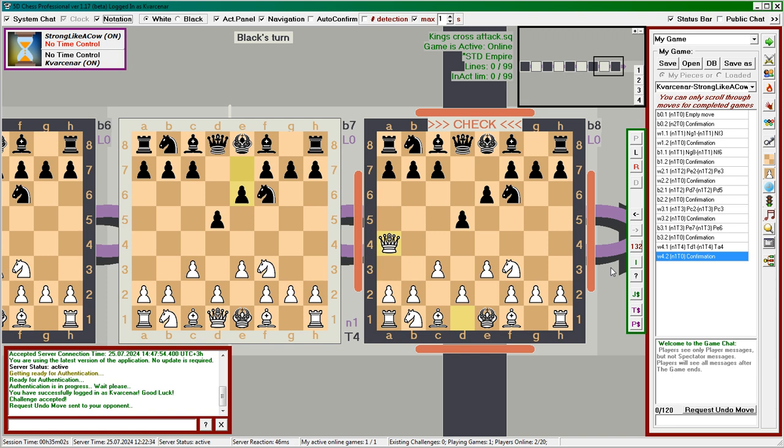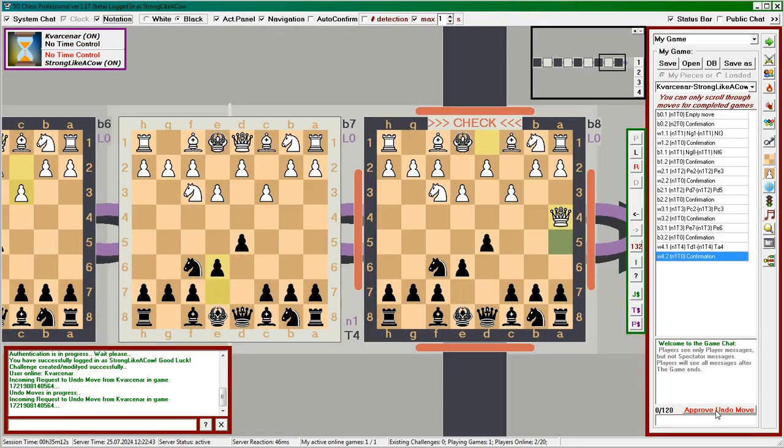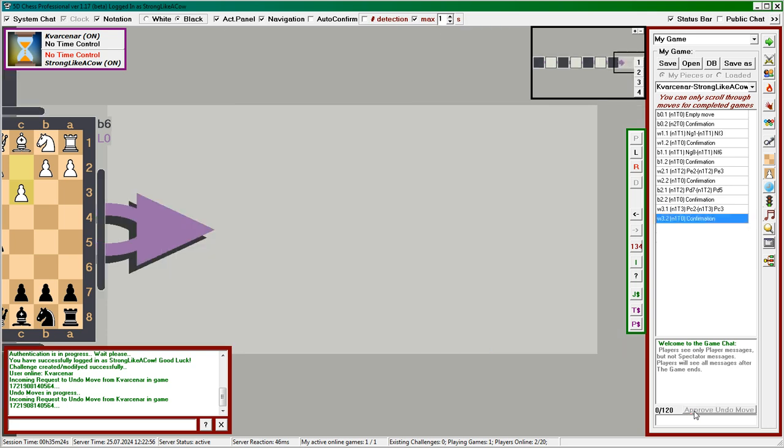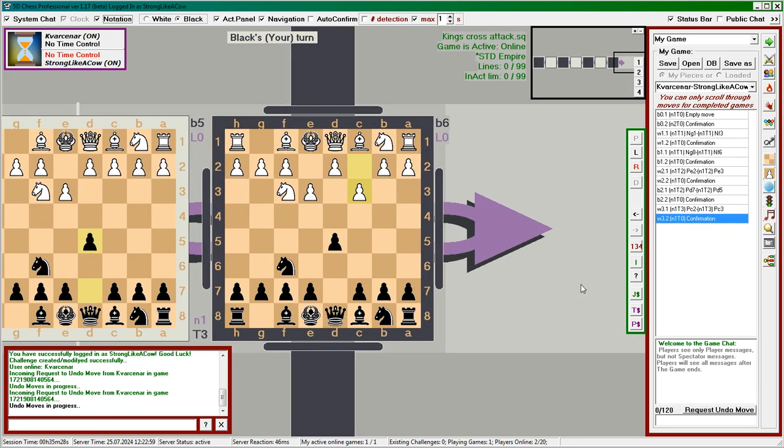And everyone understands this. To avoid starting a new game, you can offer the student to take back the move. There is a corresponding button here for this. Press it and see what your opponent sees. And your opponent has it highlighted in red. There is also a message in the system chat that he is offered to take back the move. The student will be happy to avoid defeat and will gladly accept your offer by pressing this button. Then the last 2 moves, yours and his, will be cancelled, and the game can continue with a different scenario.